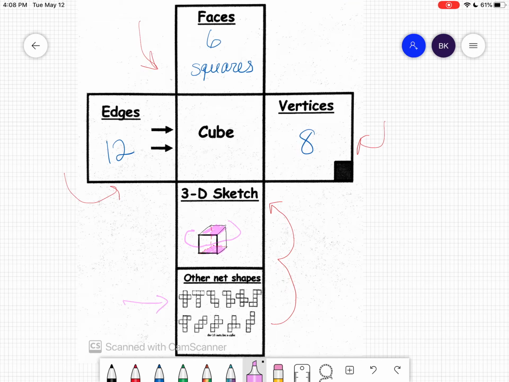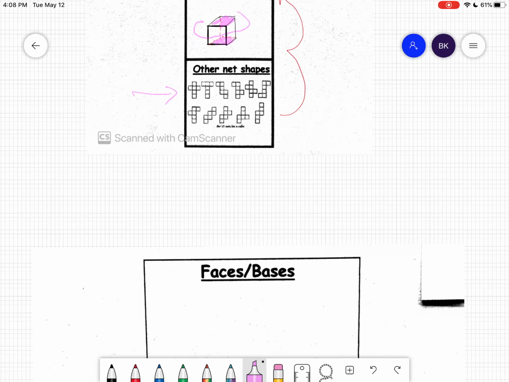Okay, I've listed an example of different nets for the cubes. Again, it's not just one net. We can actually fold and cut them differently. So take a look at these examples. So moving on to the next one,